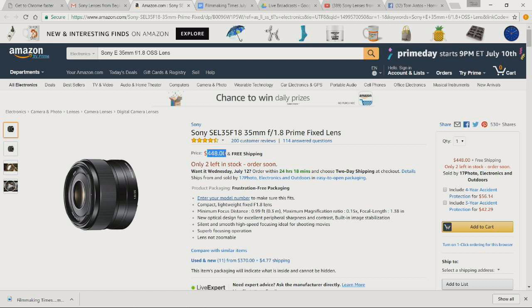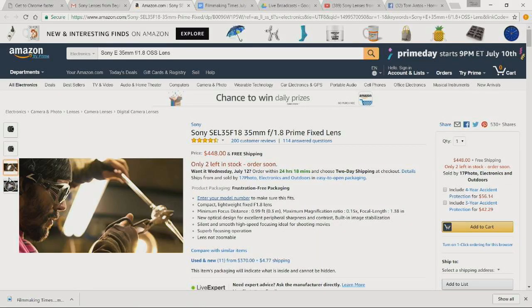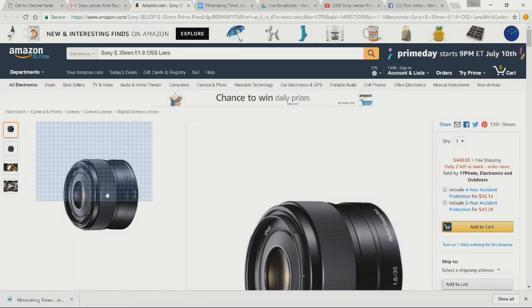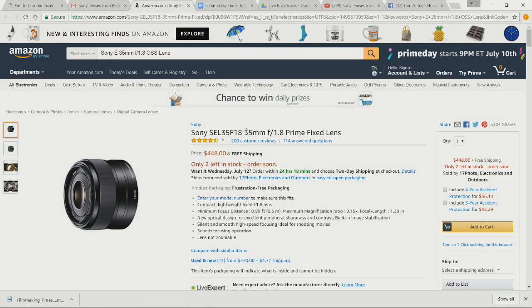You can get it here on Amazon for almost $450. Check B&H and other retailers, they might have it for less, since they do have sales every so often. But yeah, it's a great all-around lens, like I said, and really fast, kind of like the 50 that I bought. If you're going to look for faster prime lenses that are still affordable,